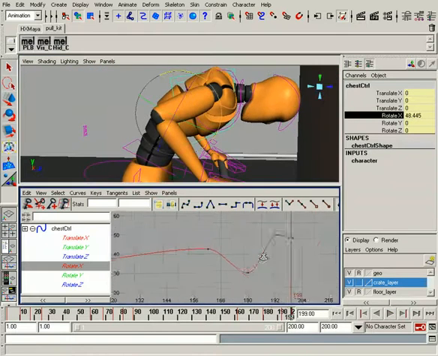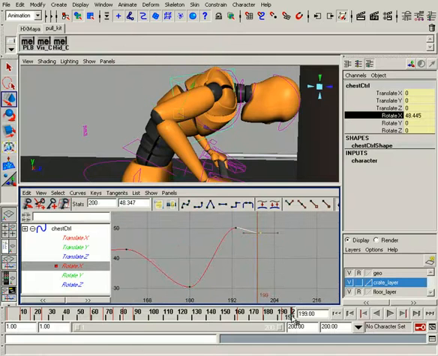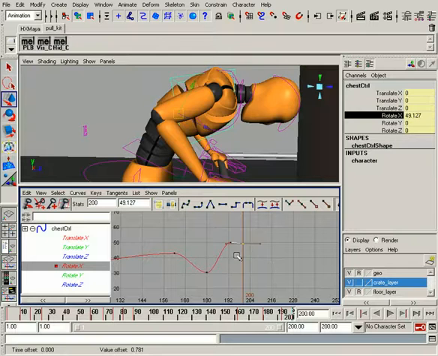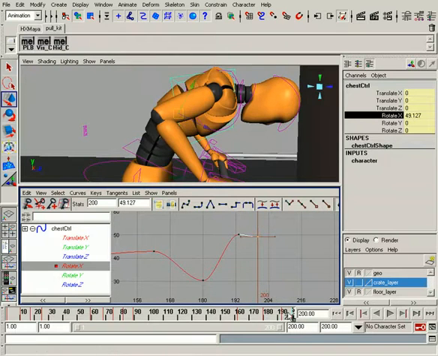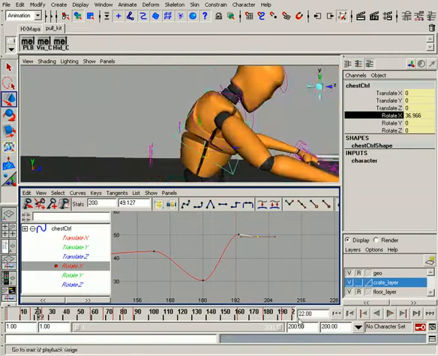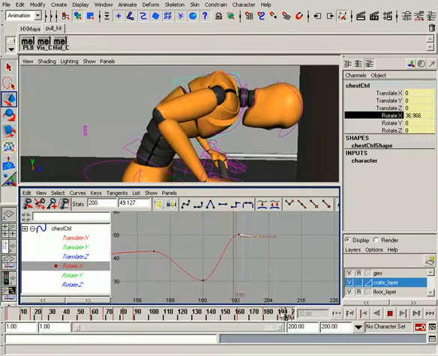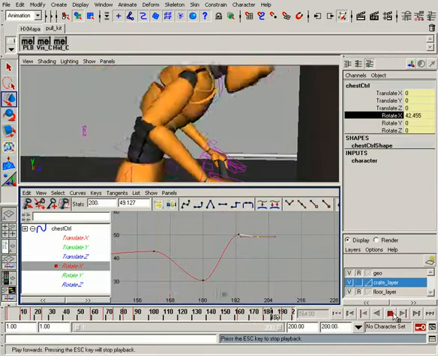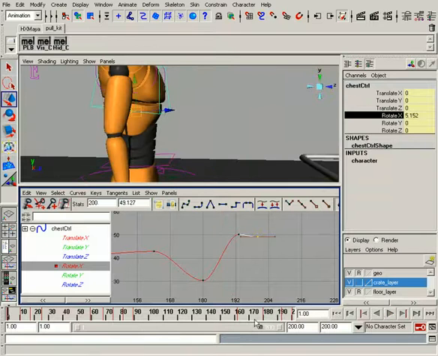And maybe we could have him come up a little bit less on frame 200. So we'll select that key and move it up some to lessen the time at which he's coming up. Let's see how that looks when we hit play. Alright, that's looking pretty good. Alright, great. So now that we have the chest in there and we fixed the timing at which the chest is hunching over here,